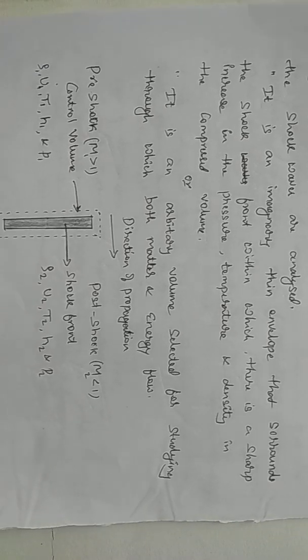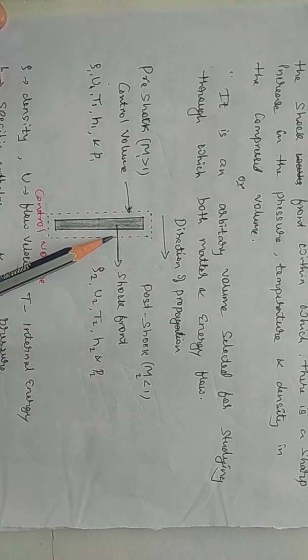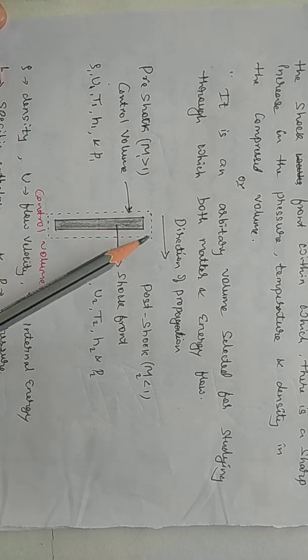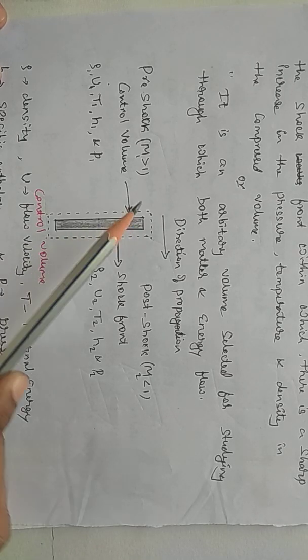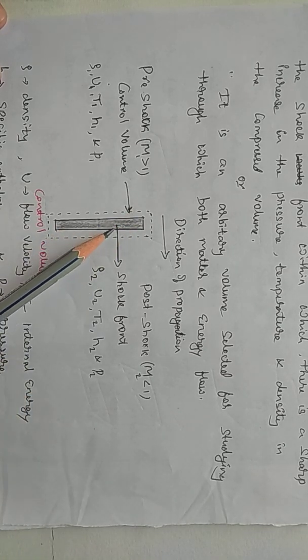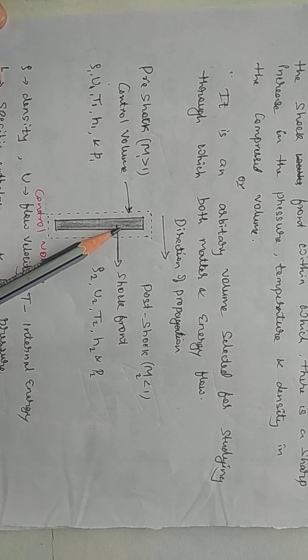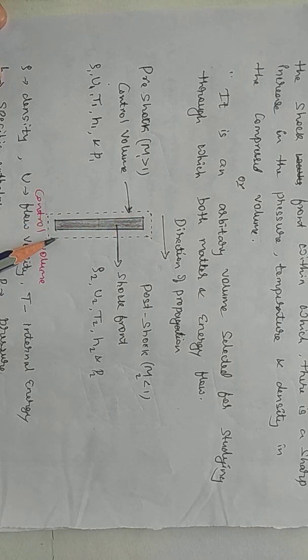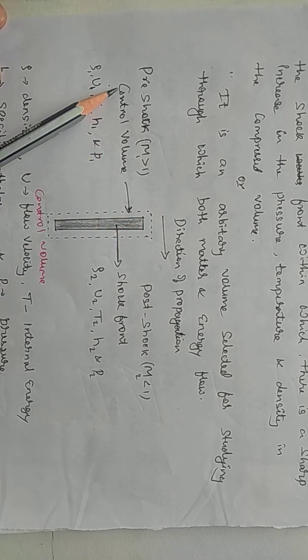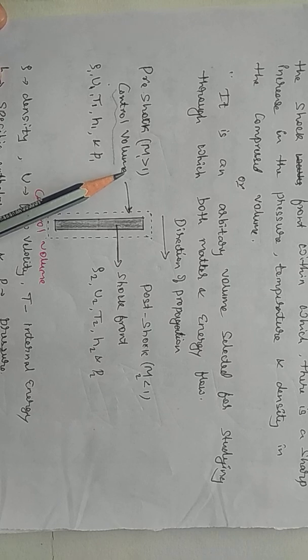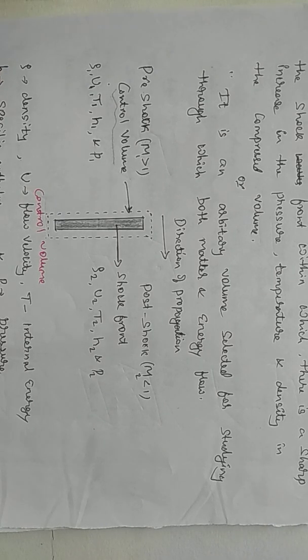So what is the meaning of this? It is an imaginary layer. You can observe here, this is the shock front where the shock waves are produced. So the thin region is surrounded by an envelope, an imaginary surface. The dotted line is the imaginary surface that is known as the control volume. So in the control volume,